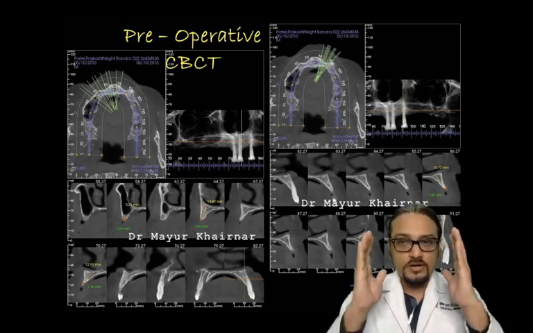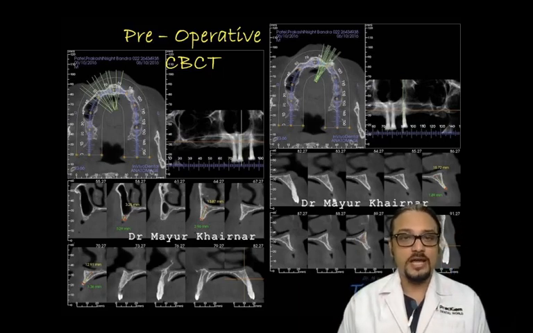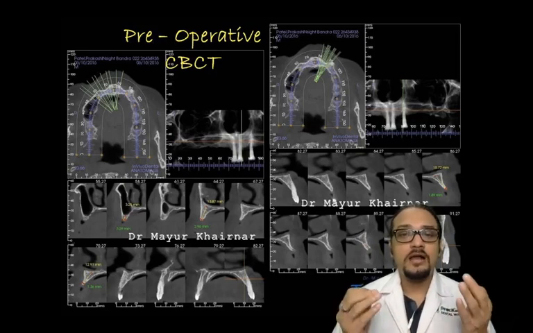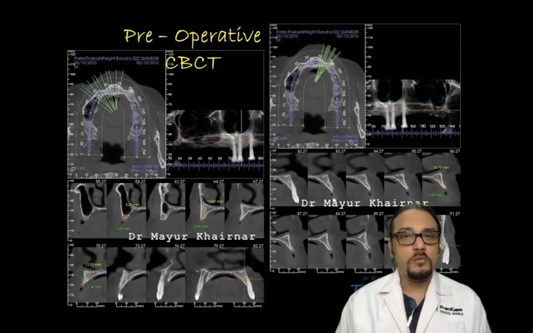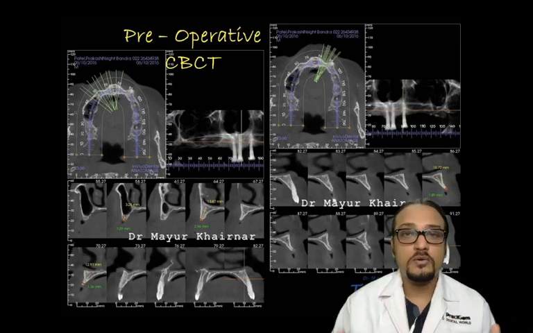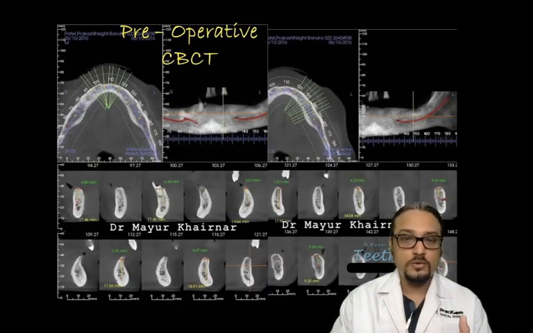So we decided to see his CBCT scans, and in the CBCT scans we found the same. The bone was very thin and minimal. He wanted to avoid all kinds of sinus lift procedures. He didn't want to wait for a long period of time. So what was left with us was an immediate loading protocol. That was a scan of the lower jaw.